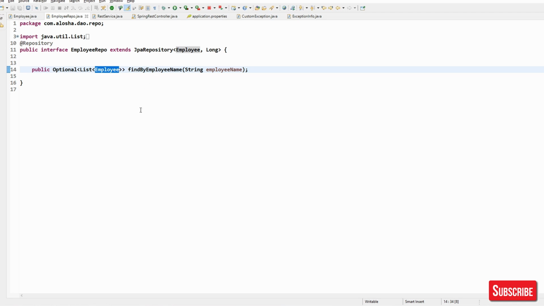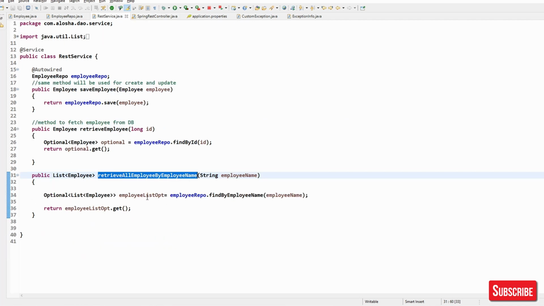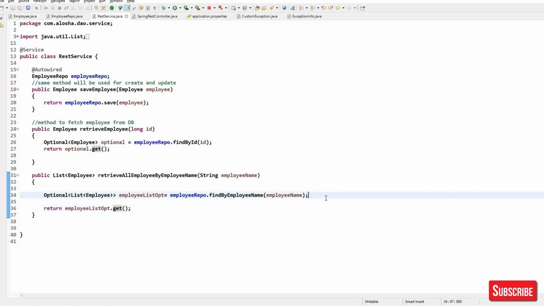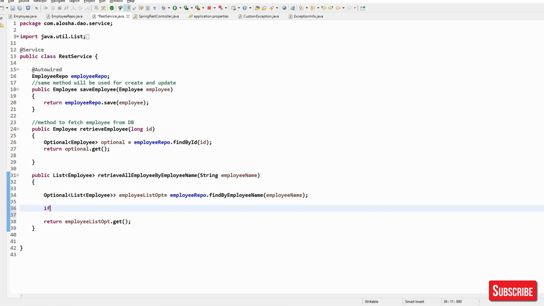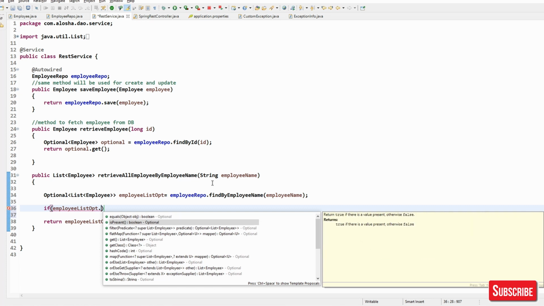Correct. So what we will do here is, in the Spring REST controller, retrieve all employees will go here, and here you can see the employee list. So what we'll do is check if the employee is present. isPresent is a method which tells whether your optional container is empty or has data, so it will give you a boolean response.